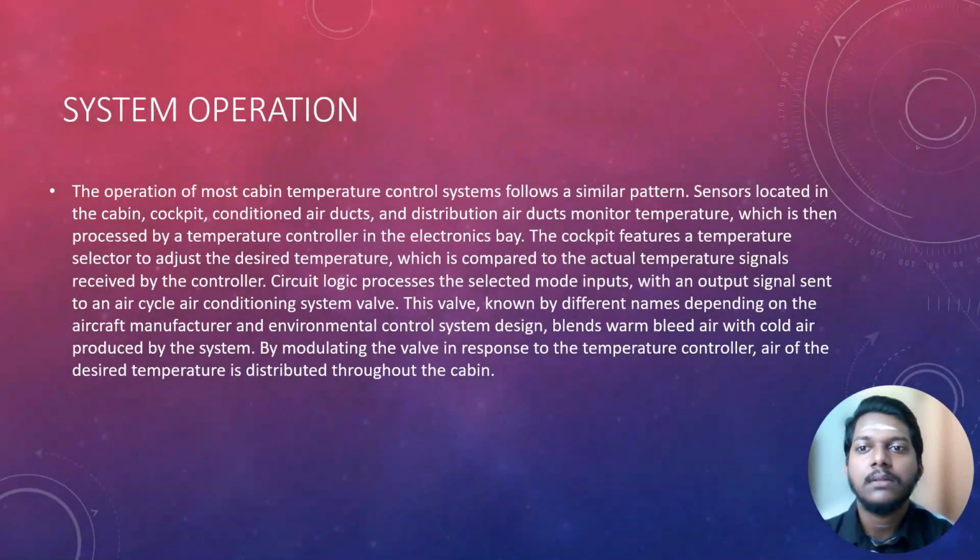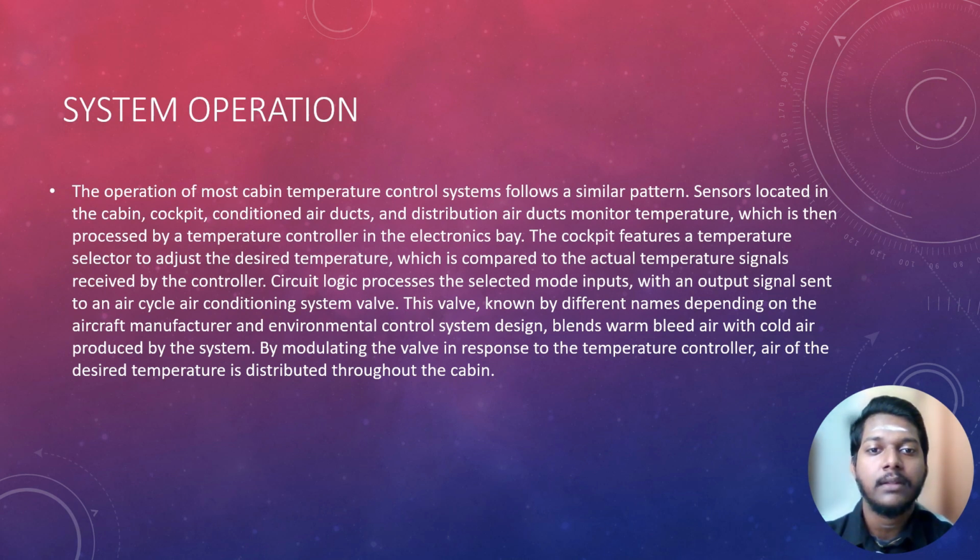In the third slide we're going to see the system operation. The operation of most cabin temperature control systems follows a similar pattern. Sensors located in the cabin, cockpit, conditioned air ducts and distribution air ducts monitor temperature, which is then processed by a temperature controller in the electronics bay. The cockpit features a temperature selector to adjust the desired temperature, which is compared to the actual temperature signals received